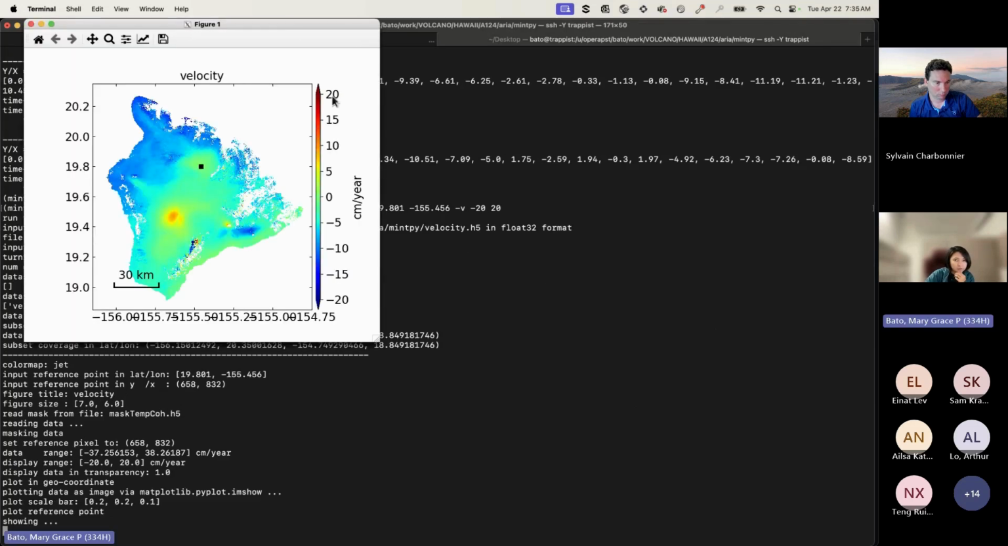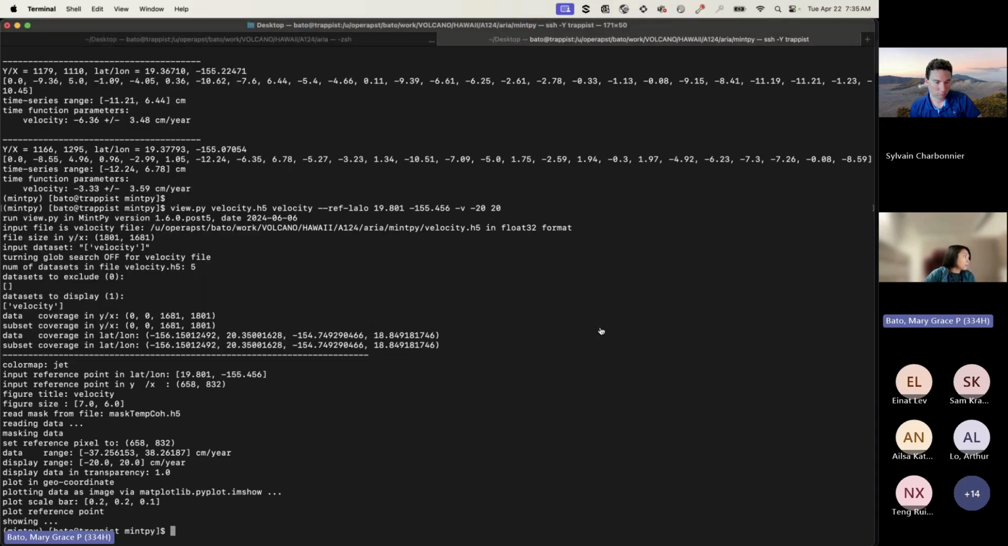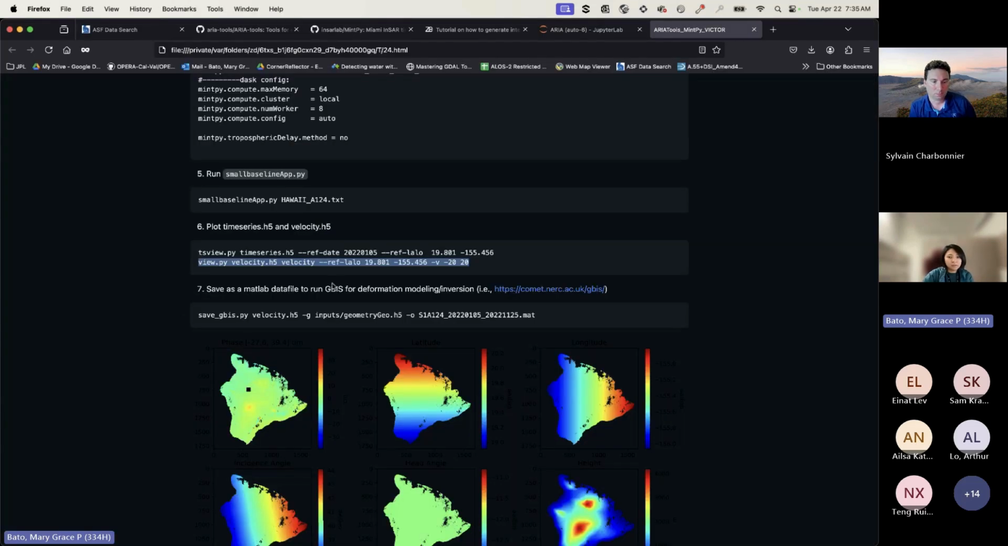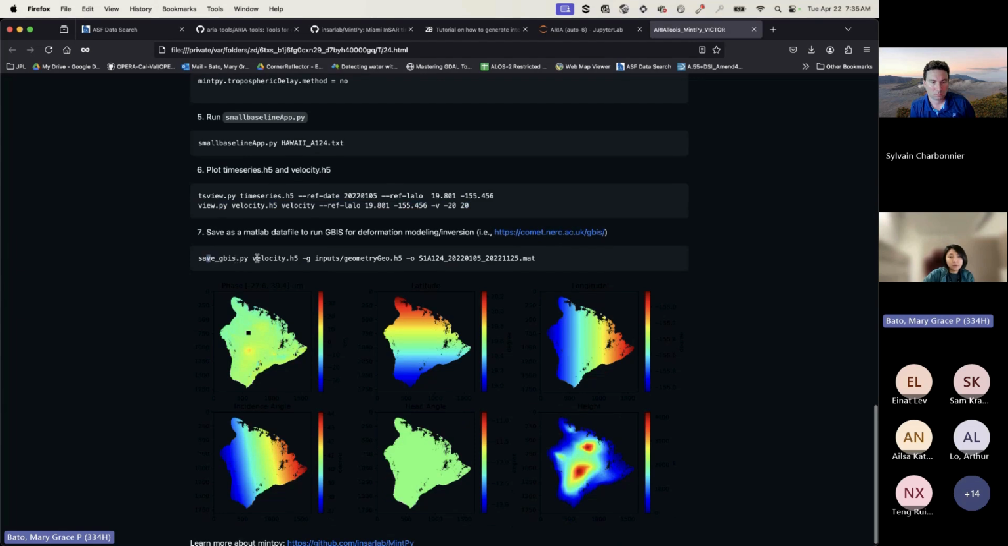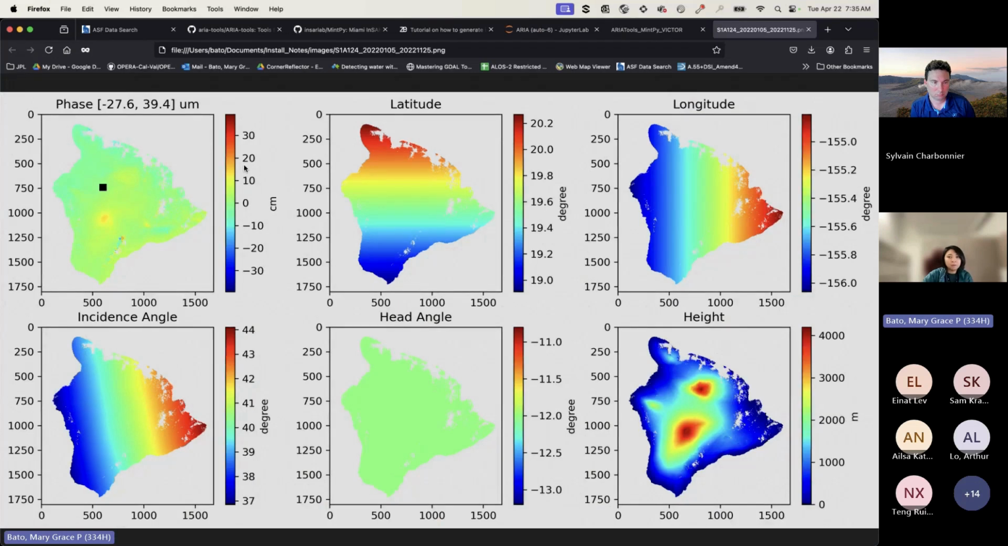So it's around 10 to 15 cm per year during that period of inflation. What's good about MintPy is that you can also save it as a GBIS file, a MATLAB .mat file, using this line of script here, and it should give you something like this, and you'll be able to directly use